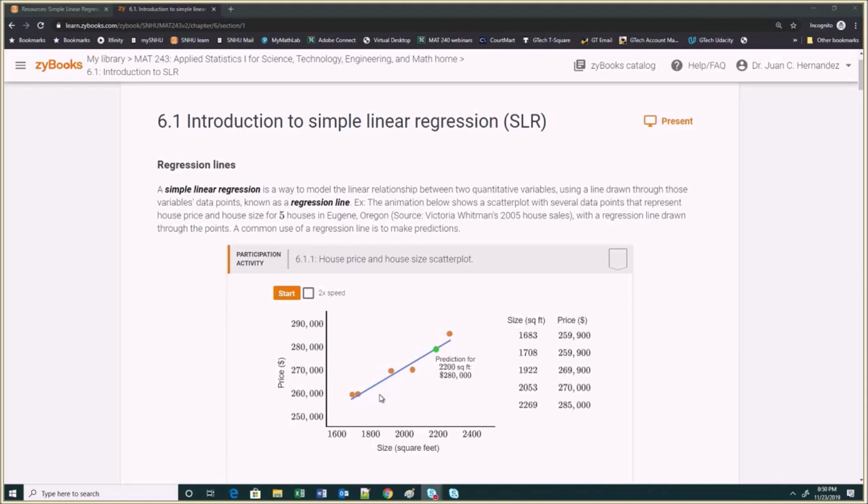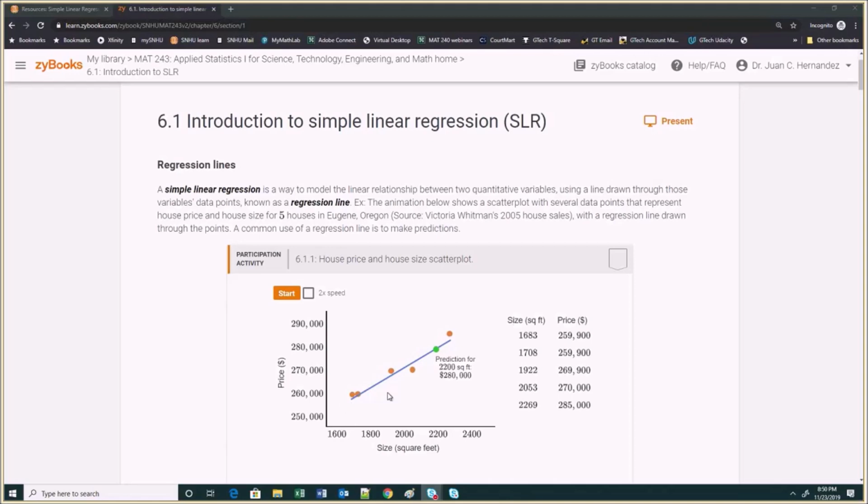And so the idea of simple linear regression is to plot a best fit line that best represents the data. And so we see here that this line, this blue line, tends to be the best representation of the data